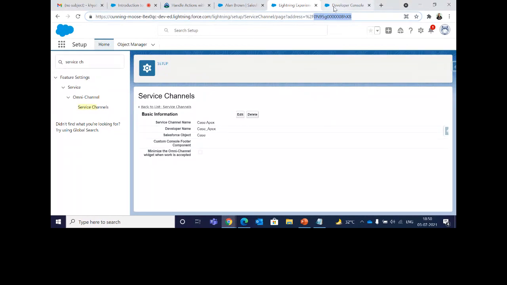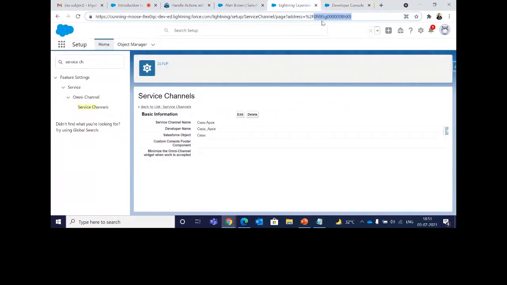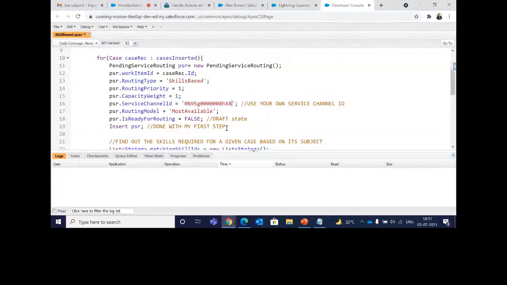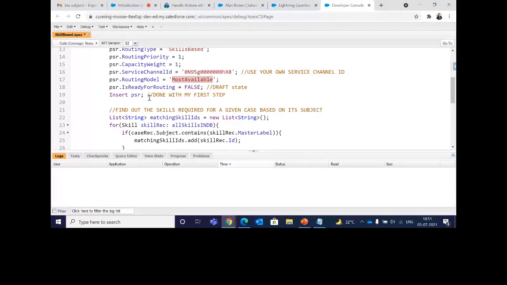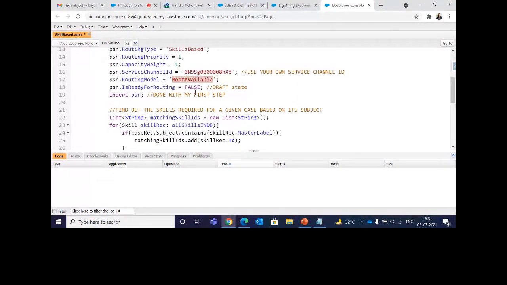This is the ID that you need for service channel ID. Just click on save. Don't forget to copy paste your service channel ID every time there's a new version, or else it won't work. For routing model, I've given most available, and I have inserted this PSR to my list. So this is how the first step is done.